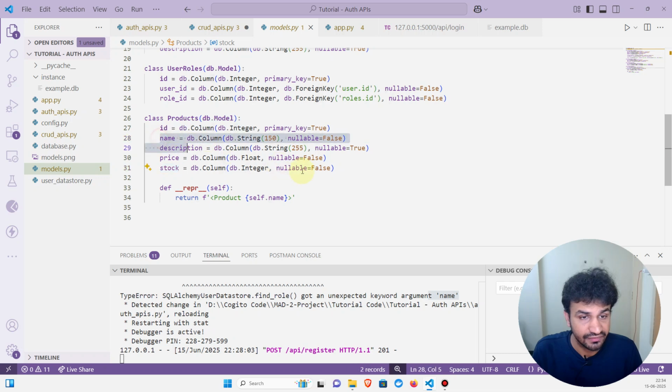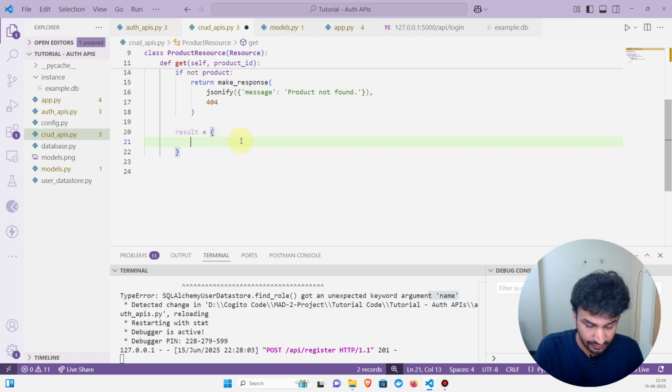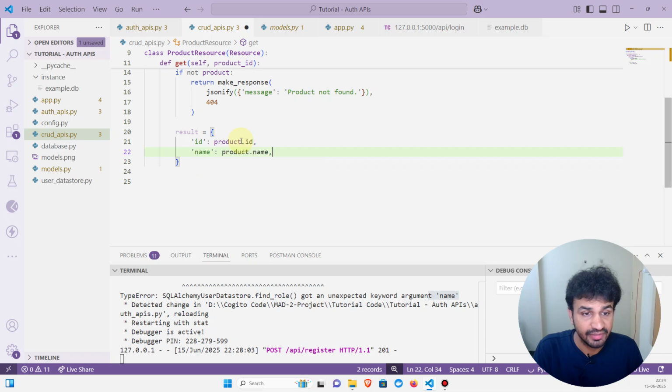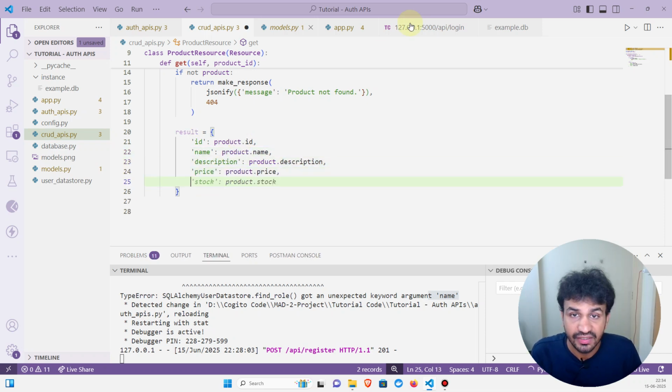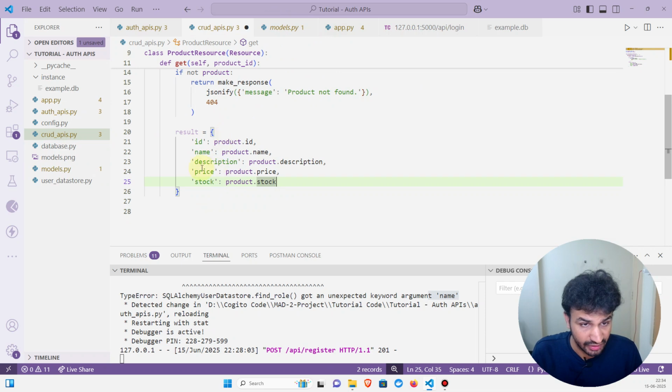All these fields are there with the product. So let's go to the CRUD API, and we can say product ID, name, description, and we get price, and stock. If you look at over here, these are the four things which we get, and we are returning that as an